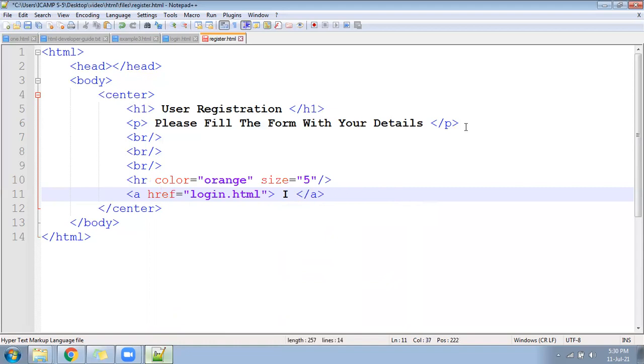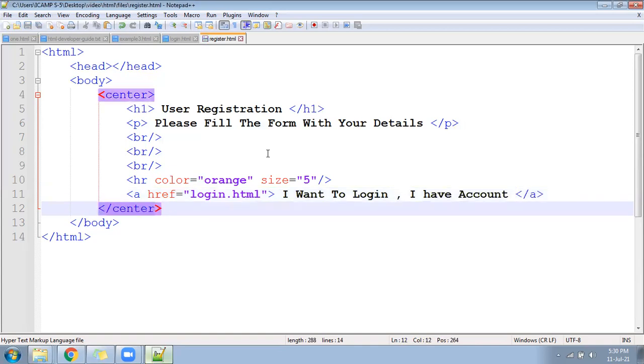I want to log in, because you are already in the register page. I want to log in. I have account. Say. Now what can you see?